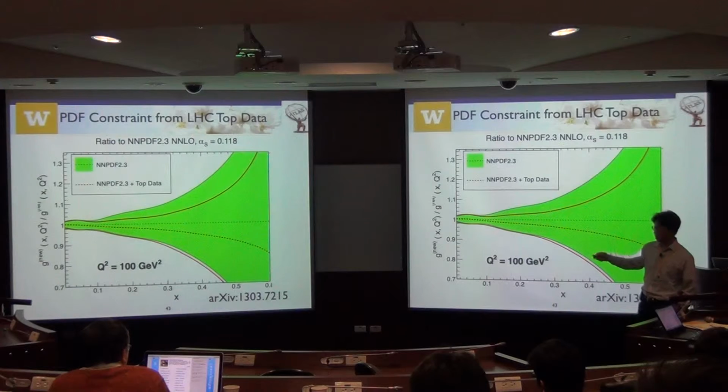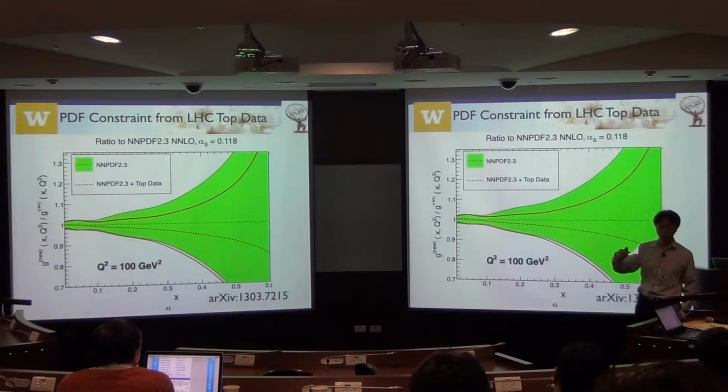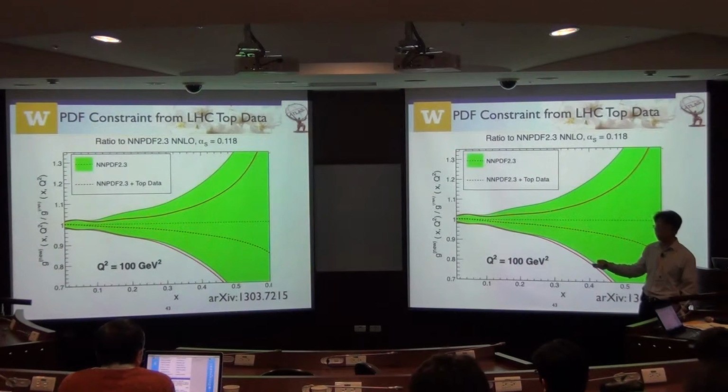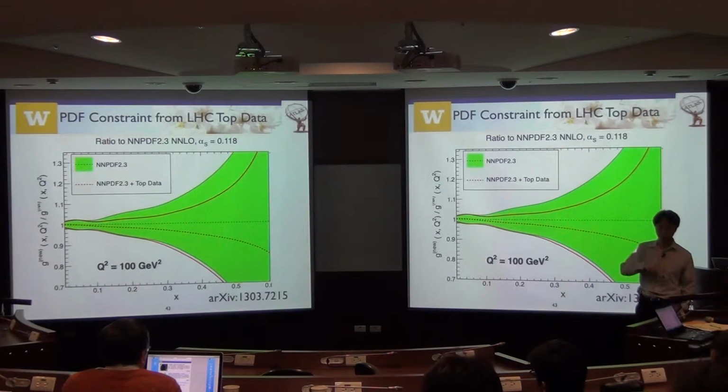You start squeezing the uncertainty. And also, compared to the most up-to-date data, you can see that we start seeing the necessity of correction of the gluon PDF. And this is a very nice result of how measurements in the Large Hadron Collider can start contributing to